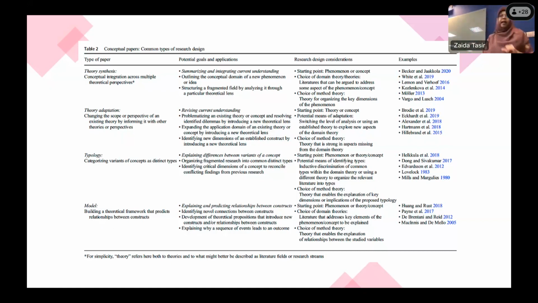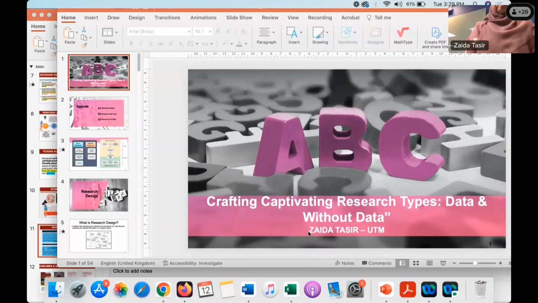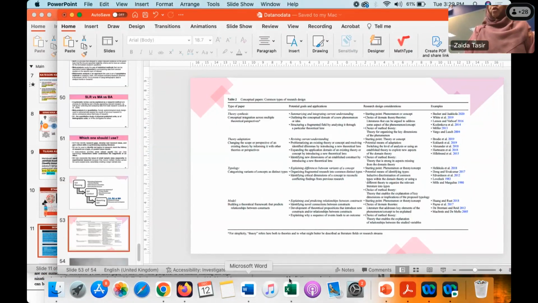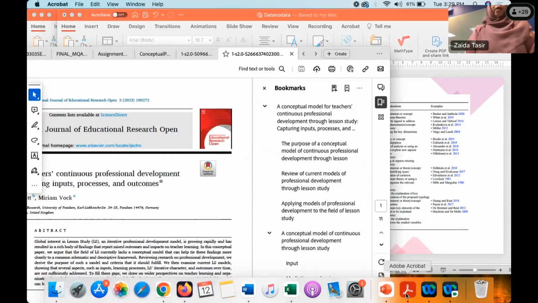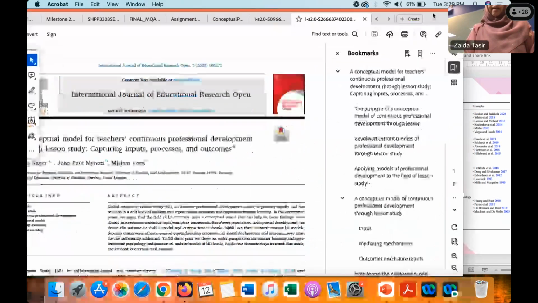Okay, and I have an example. If you plan to do a concept paper, there is an outline that you need to follow. I have samples of concept papers that have been published in Scopus journals, meaning that when you are able to produce your theoretical and conceptual frameworks, you can sit for a while and produce a concept paper article. This is a sample of a concept paper article that has been published